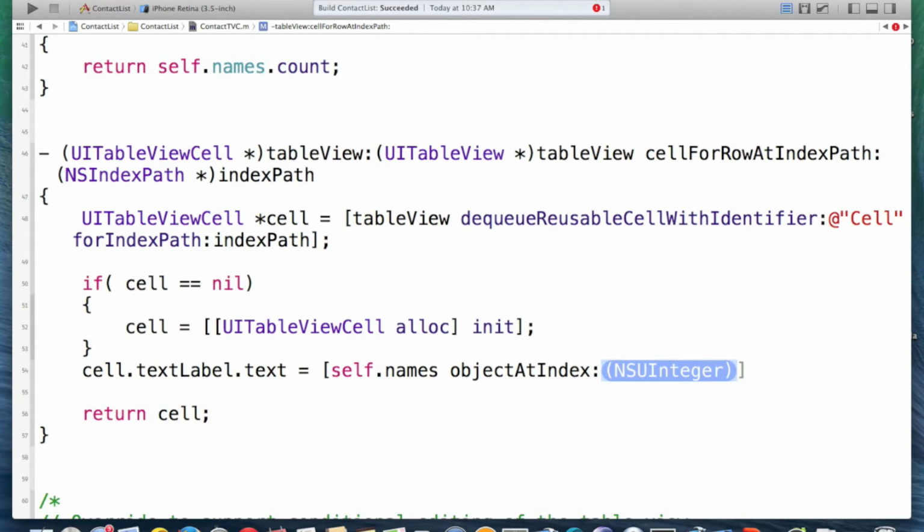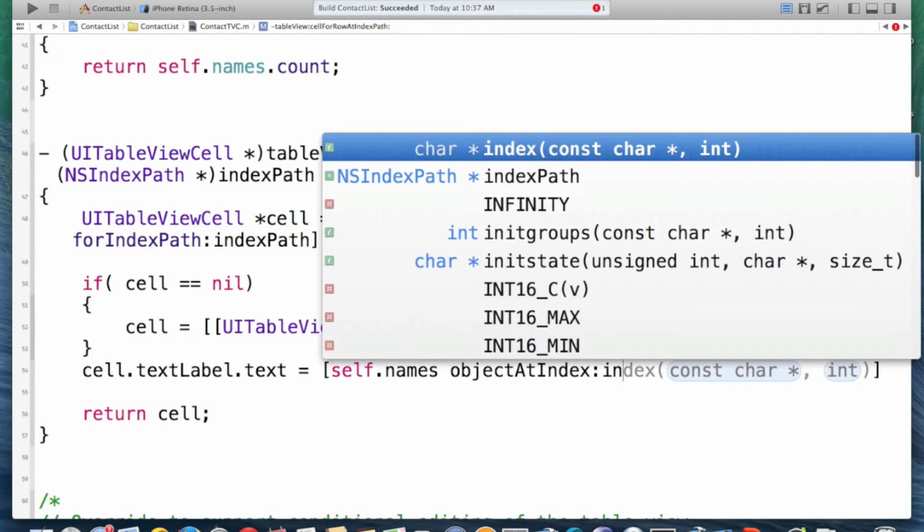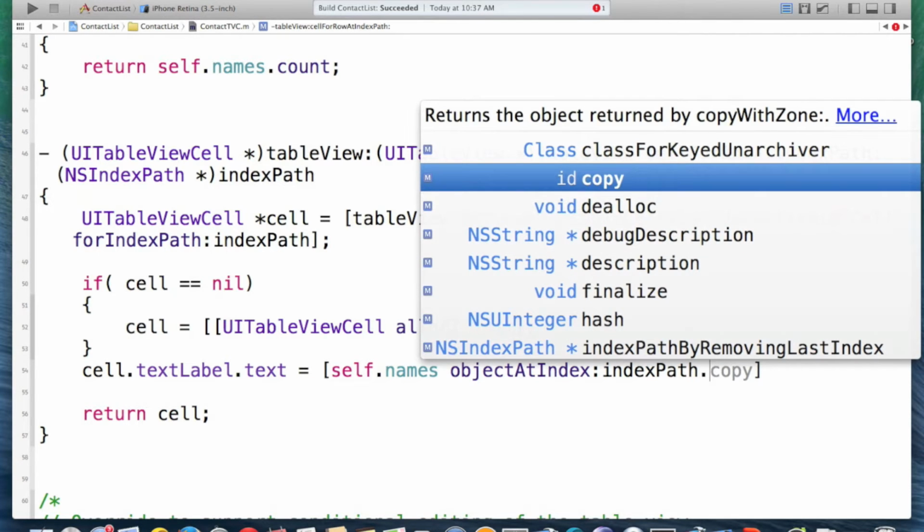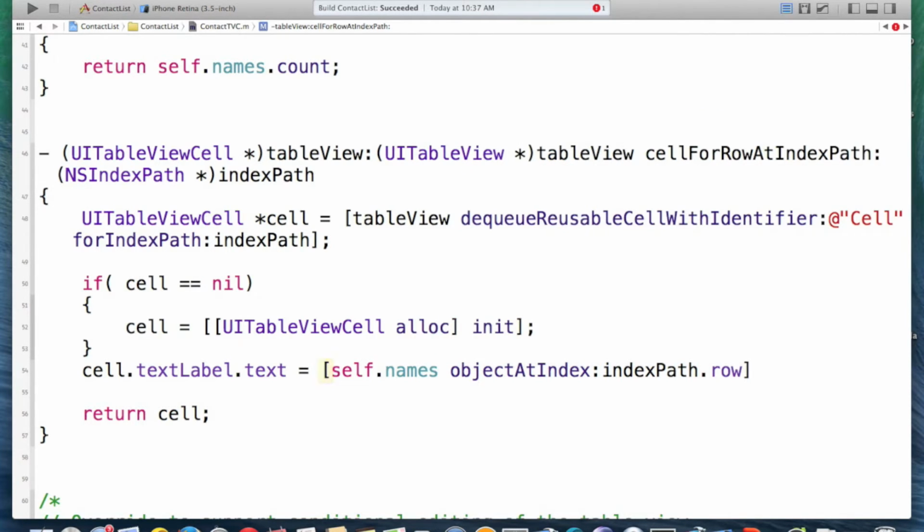What is the index number? We have an argument here which is called index path, and it keeps track of the cell number. So we use this index path, and index path has a property called row. It returns this index path.row returns the number of cells, because each time